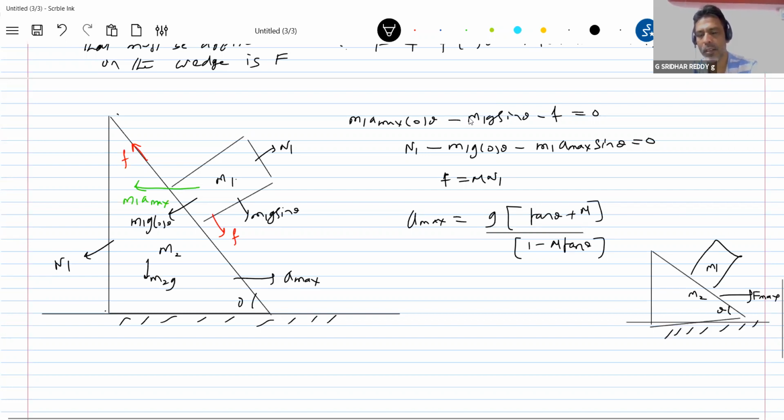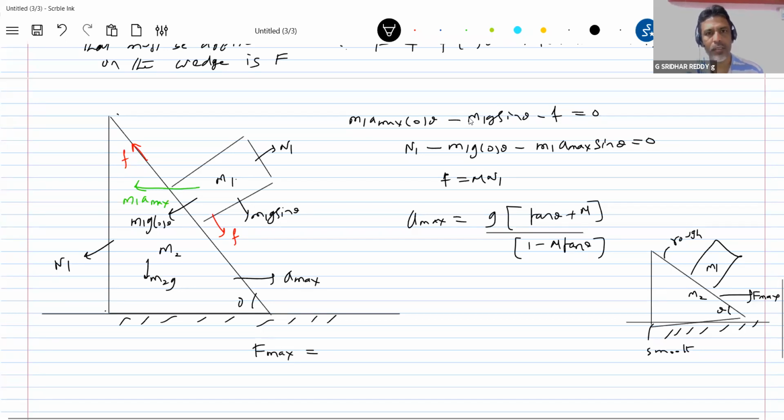On the block, on the wedge. This is rough, this is smooth. That particular thing is what we have to take help of like this. Here in this case, the F max